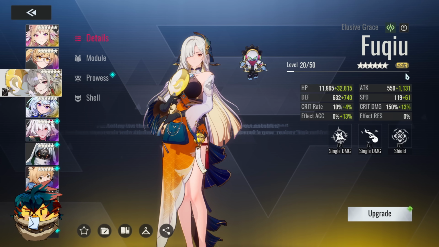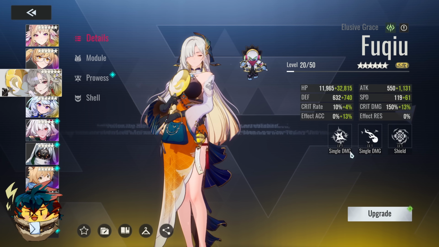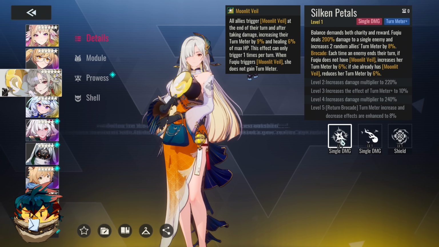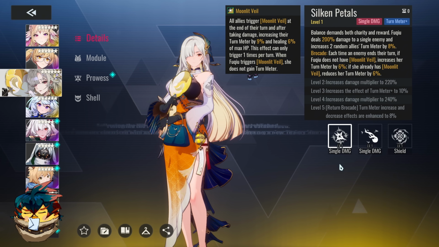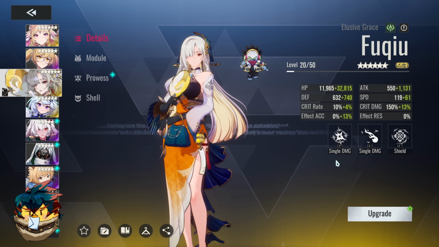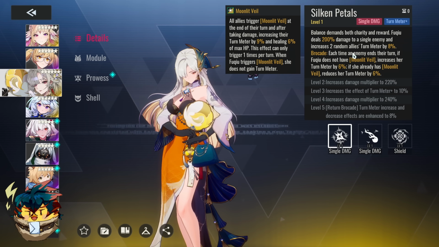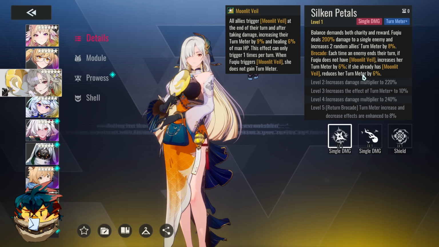So Fuchu currently is 6 star, and I didn't skill her up because after I made the previous video, who should you actually summon for, I did mention that I'm going for Fuchu, I'm not going for Nahor because I don't think Nahor is going to be that good. And then Fuchu here, surprisingly her base kit isn't really that needed